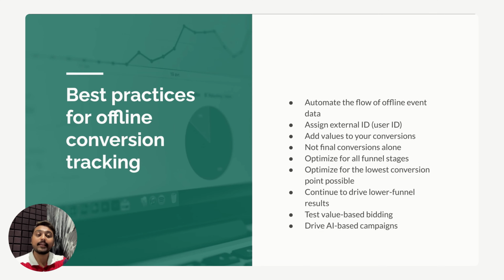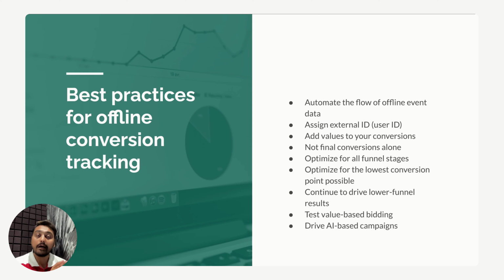Next, testing value based bidding. Once you have the value for each lead stage, you will bid for that value and test the value. So once you have all your offline conversions being tracked into ad platforms, you can use that. For example, maximize conversion value in Facebook, and the same, maximize conversion value in Google Ads. You will be able to leverage these value based bidding algorithms by sending the lead data,